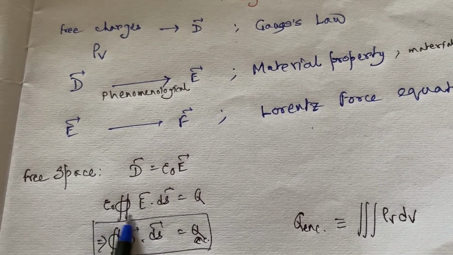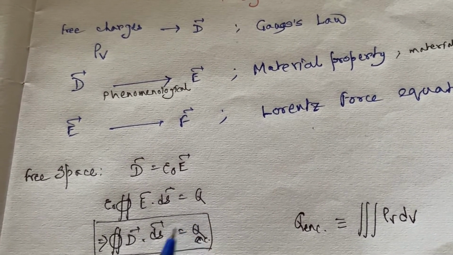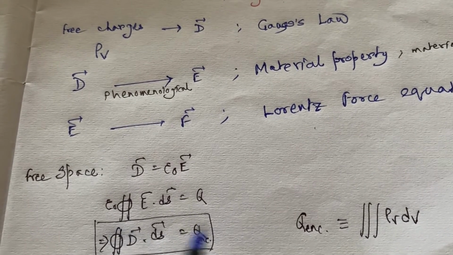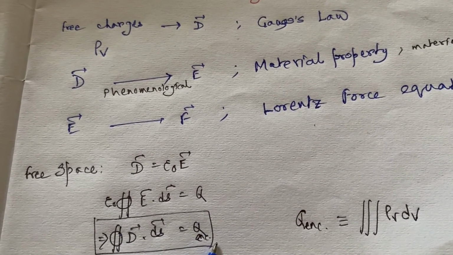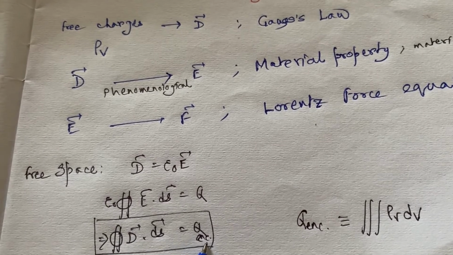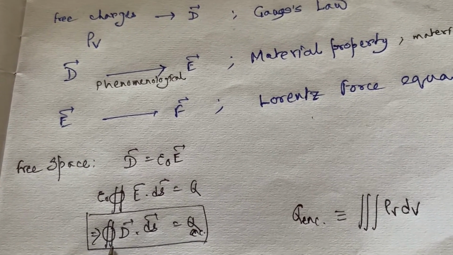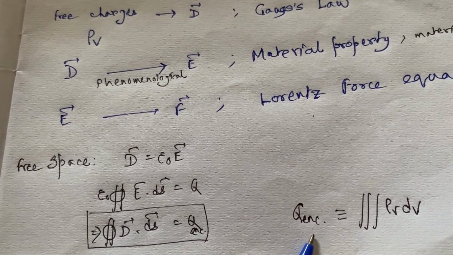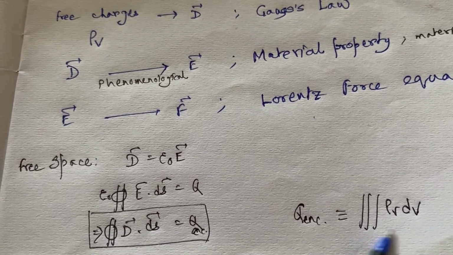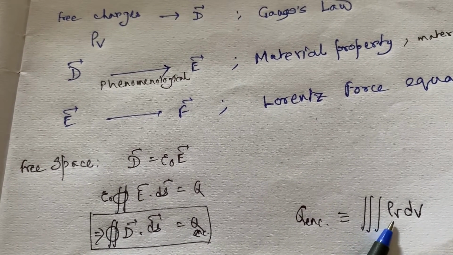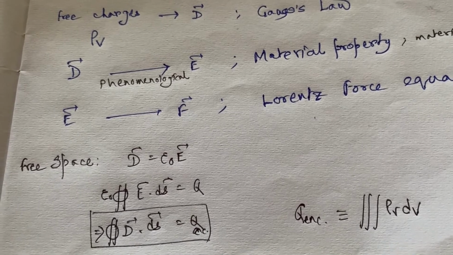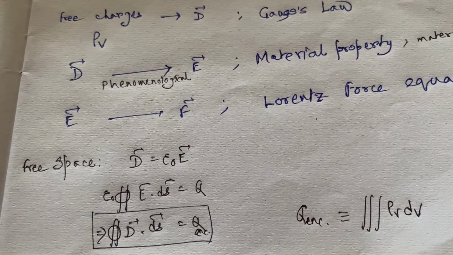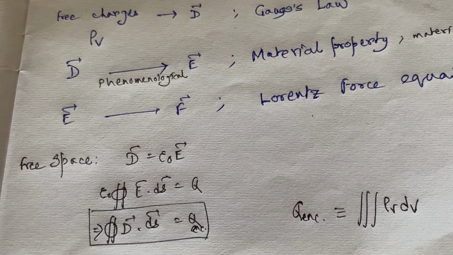And from the law we have just learned, the Gaussian law, due to the charge Q, can be now written like this. Here Q is actually Q enclosed by this closed surface, and Q enclosed can be written like this. And this rho v is the volume charge density. So we have a law which is known as the Gaussian law, or the first law of Maxwell's equations.